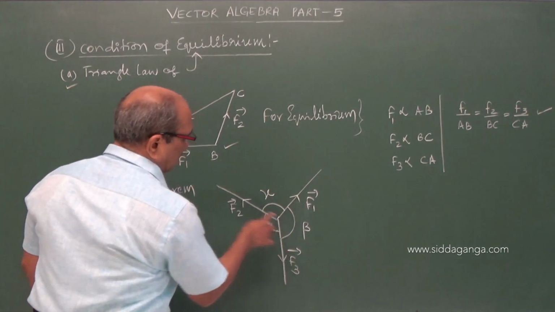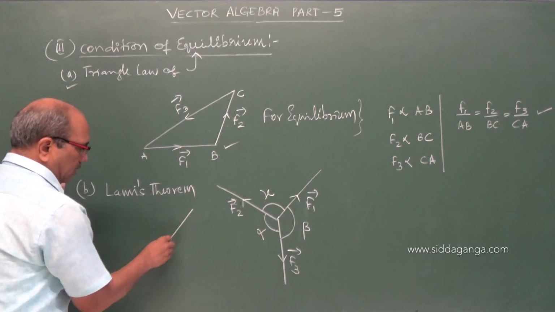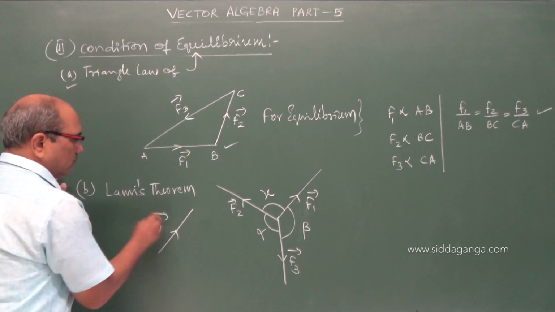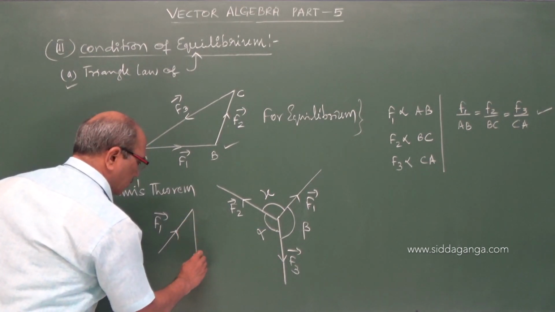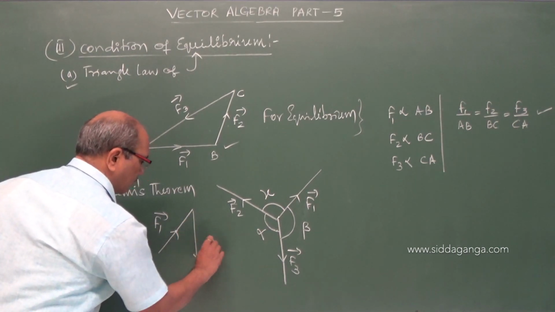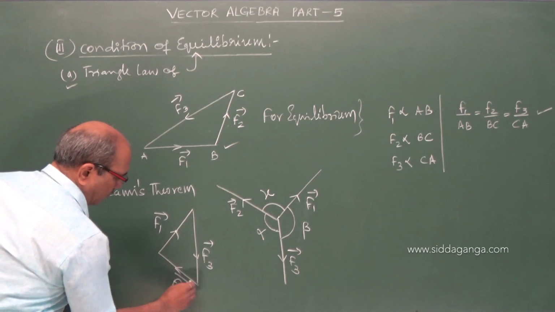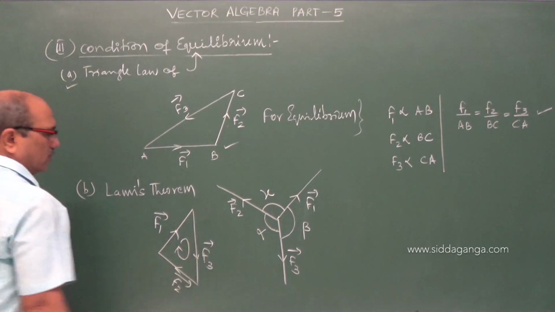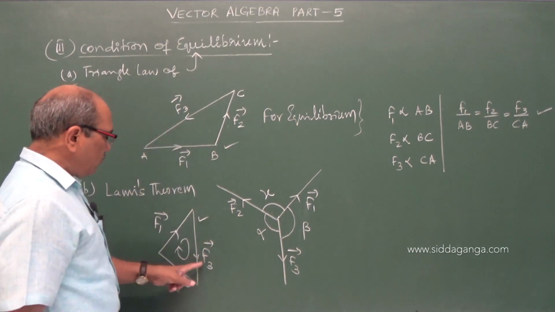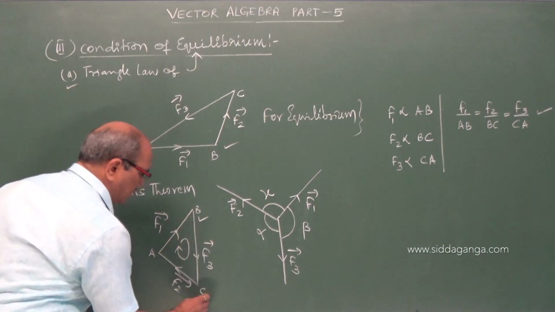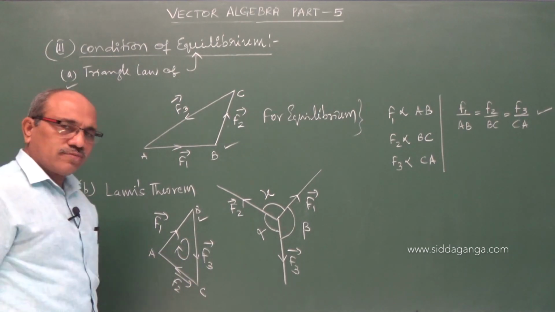First I show this represents a closing triangle, because we can transfer this as it is and write here F1, and this can be replaced as it is as F3, and F2 in the opposite direction. See, they are in one order. Confidently I can say they are in equilibrium. As here, F1 by AB, F3 by BC, F2 by AC, whole square.